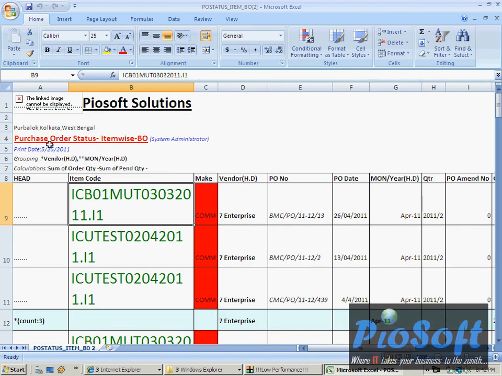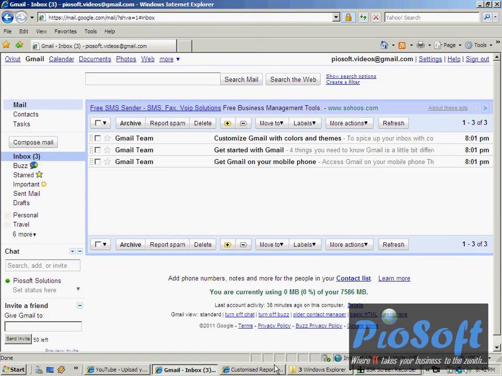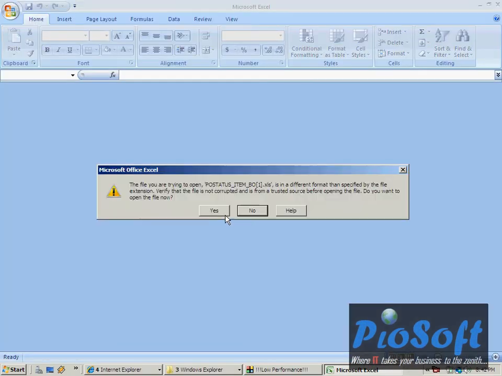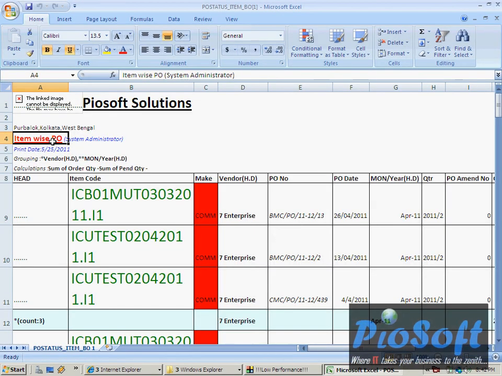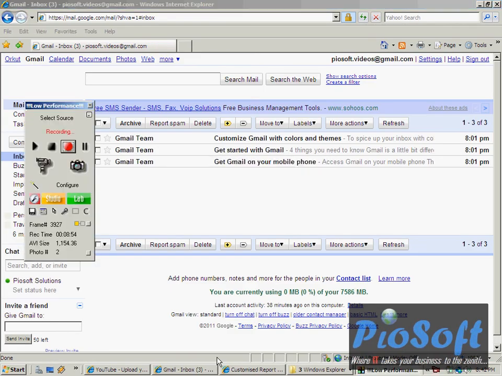If you want some customized heading, this is the default heading, the heading that is coming. This is nothing but the name of the view, purchase order status, item wise BO. Let's say you want to change the heading. Let's say I am giving, let's say, item wise PO, purchase order. Let's say any heading, this heading coming instead of the default heading, so you can control the heading. Let's say you have performed certain calculations, okay,